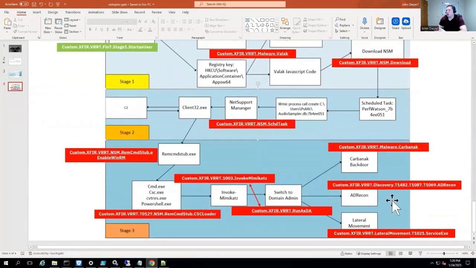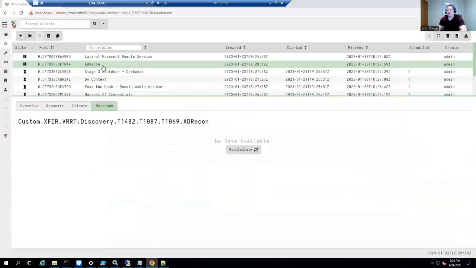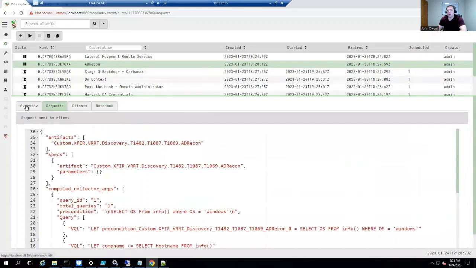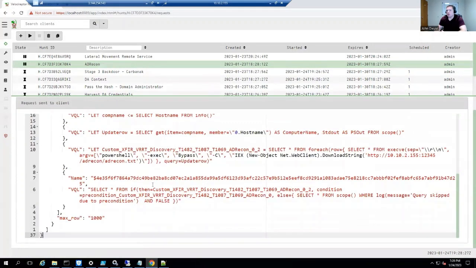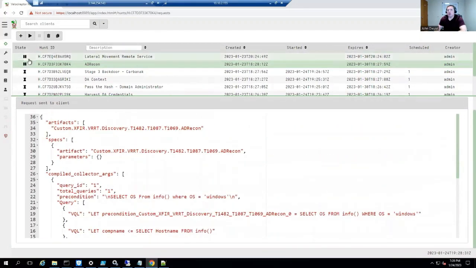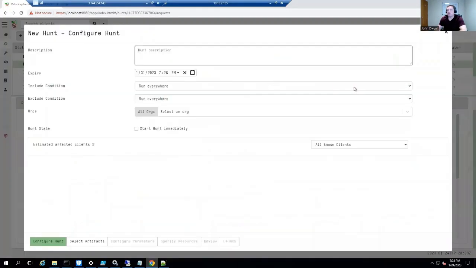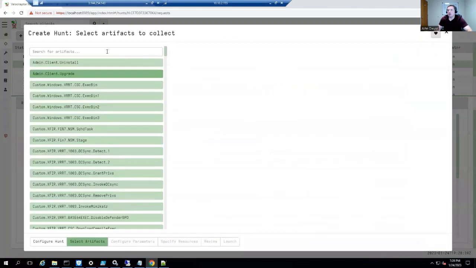The next thing we're going to do is some reconnaissance, and you can do this with AD Recon or AD Find. I think in this one we're actually doing AD Recon, which is going to download the PowerShell. Yeah, AD Recon. But you know what? Let's do something offline. I'm going to show you how easy this is. So let's use AD Find, and we should have that. So here's our